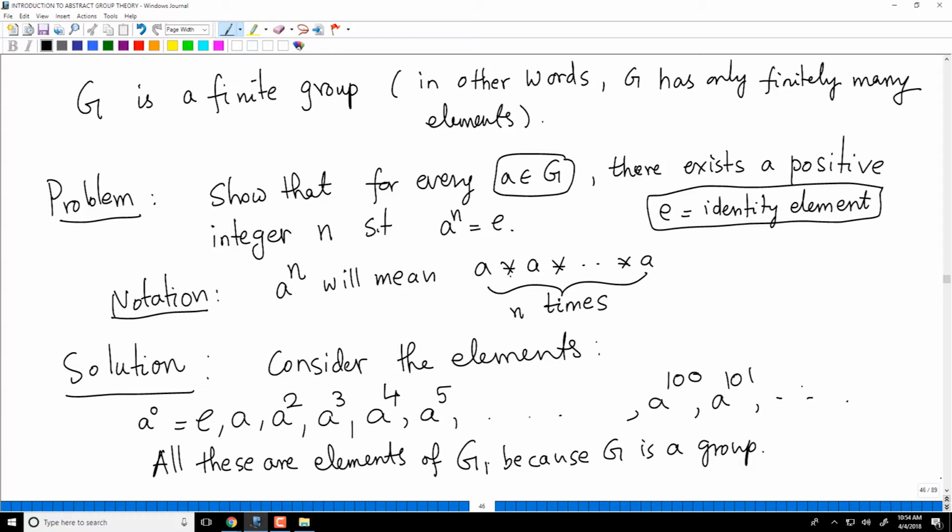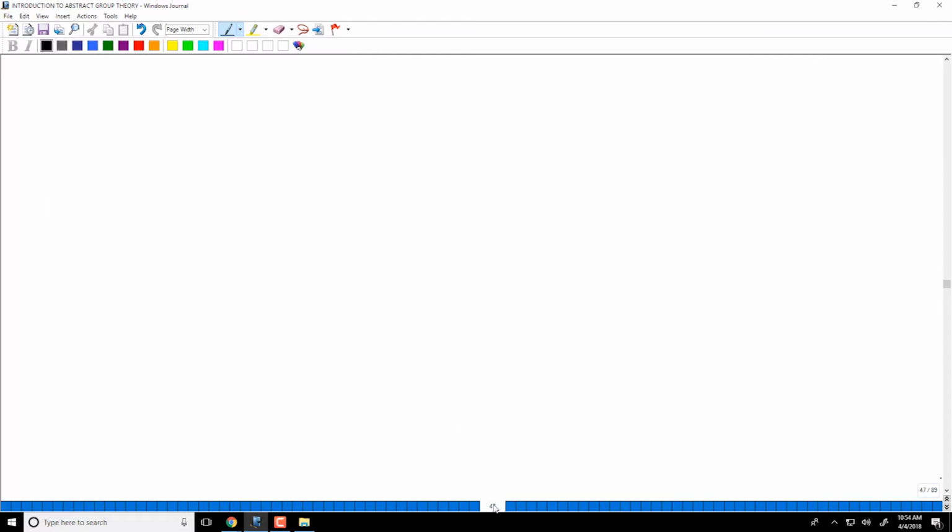So, these are all elements of G, but remember that G is a finite group. We are going to use this very important hypothesis. G is a finite group, and here we have seemingly infinitely many elements, right, because you have a squared, a cubed, a power 4. You can keep doing this, you can do a power 1000, a power 10,000, a power 1 lakh and so on. But how do you justify this? Now, G is a finite group and these are all elements in that finite group, and they are seemingly infinite, but they cannot be infinite. So, what is the implication here?